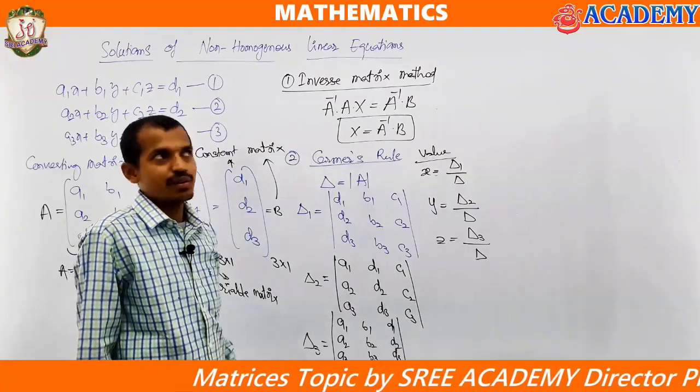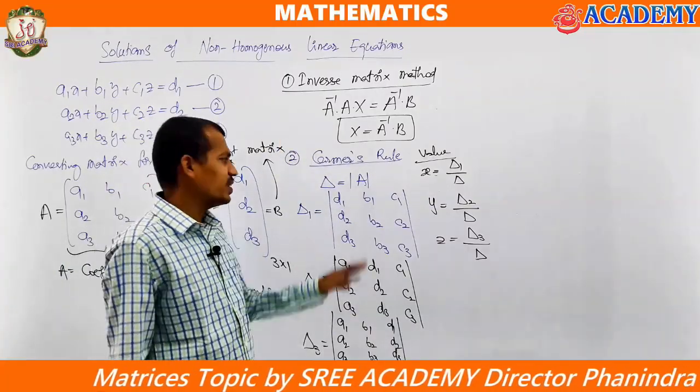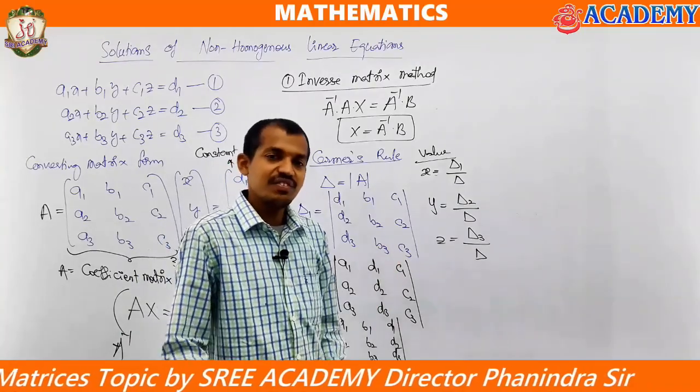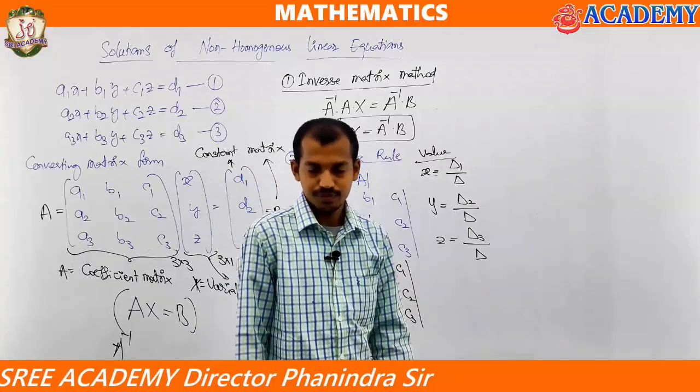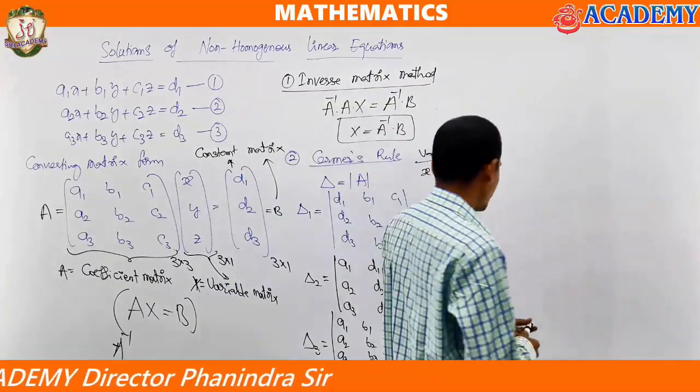Here in Cramer's rule or the inverse matrix method, you will get direct values. If solutions exist, only then can these two methods be used. Not only two methods, there is another method also. That is what